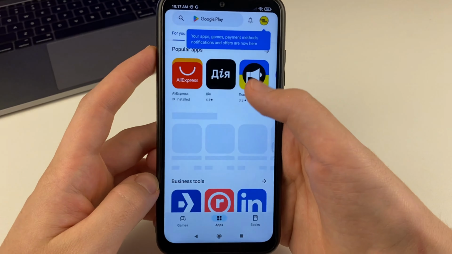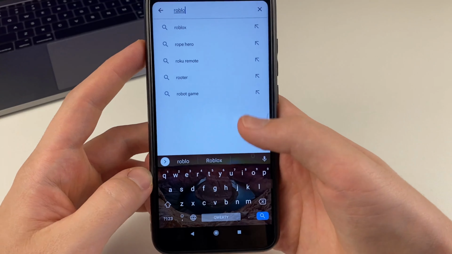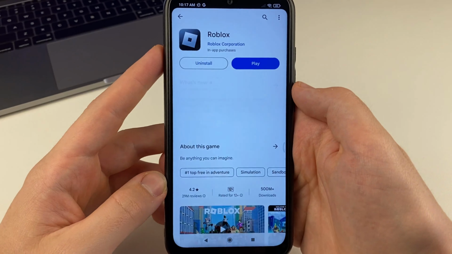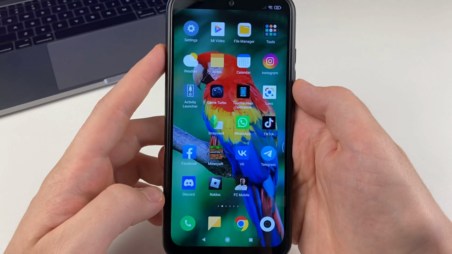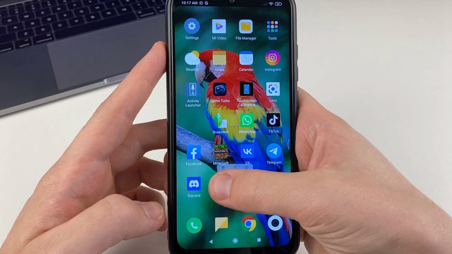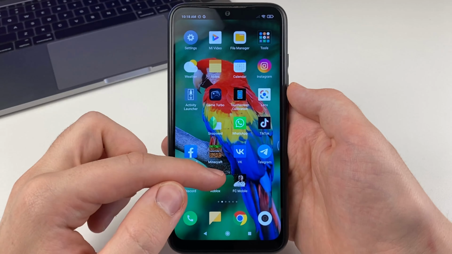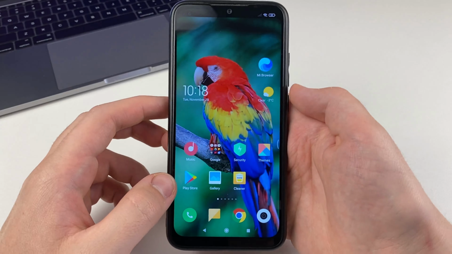Another thing you can do is go to the Play Store app on your device and try to search for the word Roblox. And also update the app to the latest version. Try updating. If this method doesn't work, you still have your Roblox app freezing. You try to delete it from your phone. After you delete it, go to Roblox, then maybe you will have it working and it will not freeze.